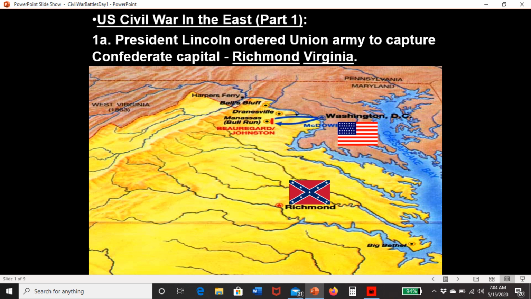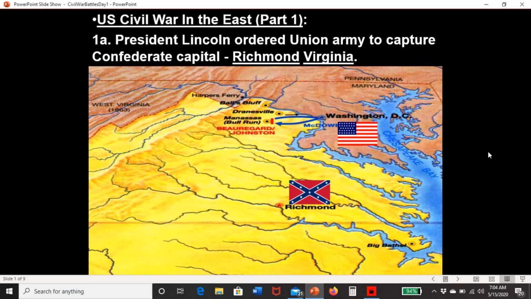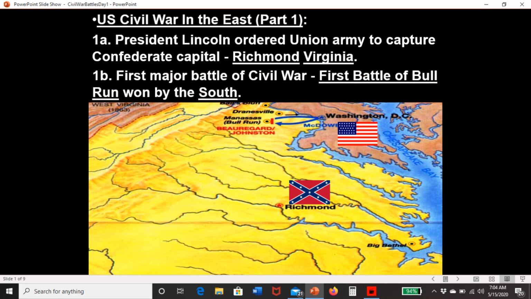If you are cheering on the Union of the United States of America, they usually define their battles by the nearest body of water, so like creeks, rivers, while the Confederate States of America really named theirs after the closest town. So the first major battle of the Civil War was the First Battle of Bull Run, and it was won by the South. This was a cluster of nonsense and a mess in regards to the